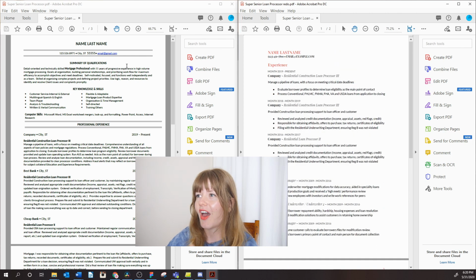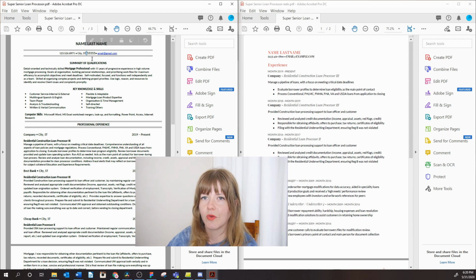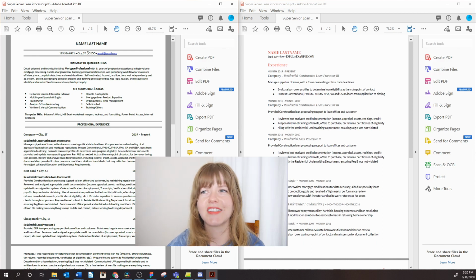Going from the top, I don't really find it necessary to put the zip code in there. The person had an extra space, which bothered me, but I don't know why people put their area code in there, not sure what it's called, tell me in the comments. It's completely useless. This summary of qualifications, as you see, I didn't add it, and honestly, as I was reading